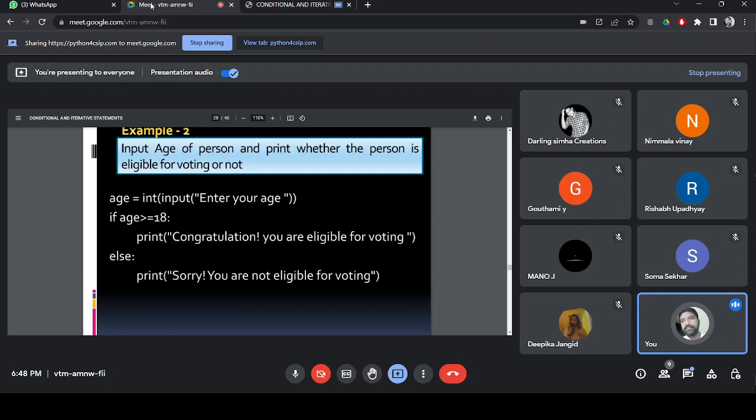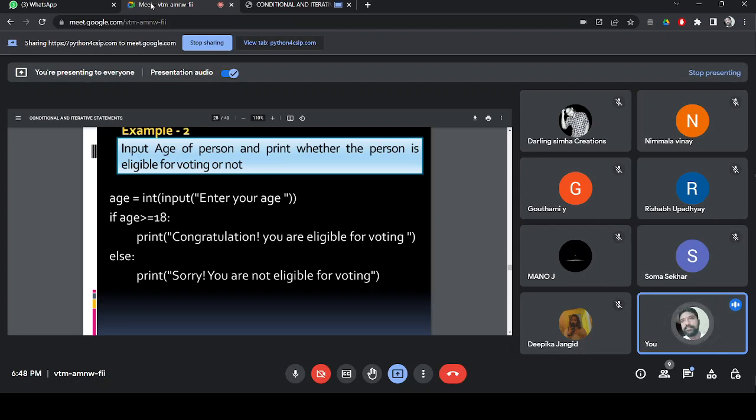So the purpose of this program is to ask the age of the person, and the value is referred to by the age variable. After that we check in a condition whether age is greater than or equal to 18. If it is true, a congratulation message is displayed, otherwise an apology message is displayed. This can be achieved only with the help of if else.